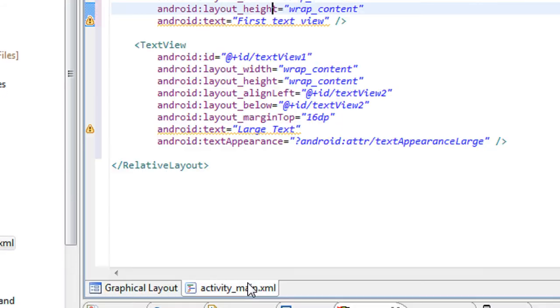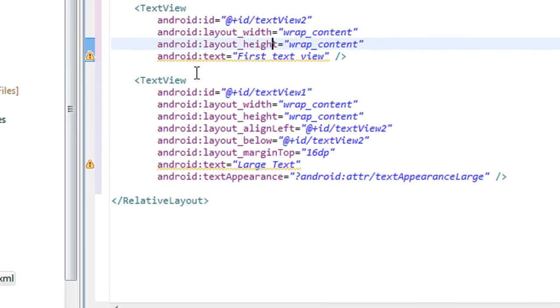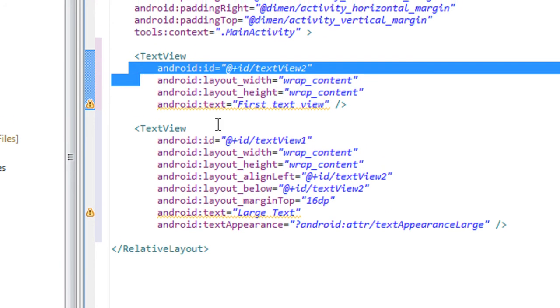Now just take a look at the XML file. Here is the text view that I already created. Here is the text view that I dragged from the palette window. Here is an ID for the text view. This ID is used as an identifier, so we need it to identify this text view in the Java file.